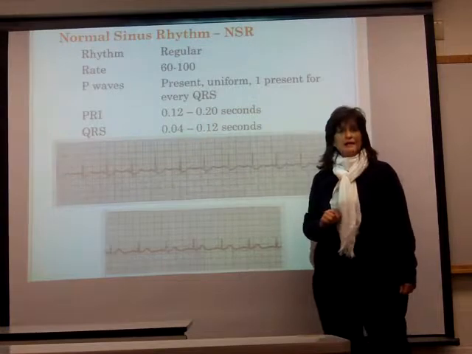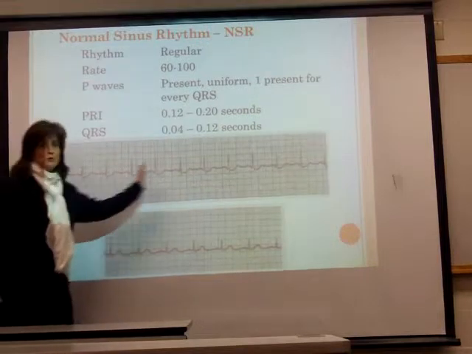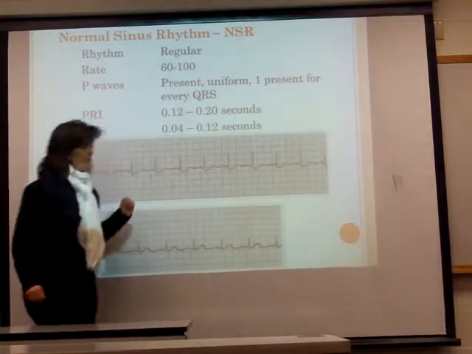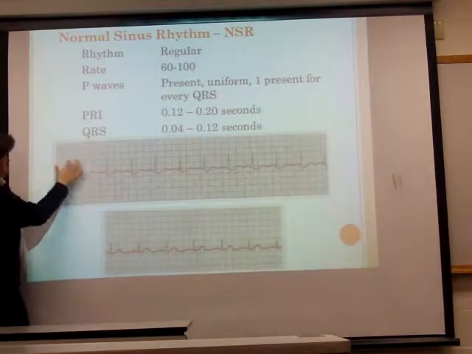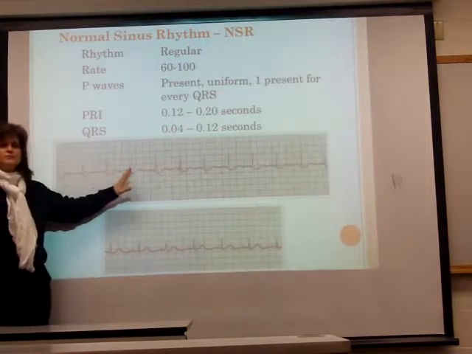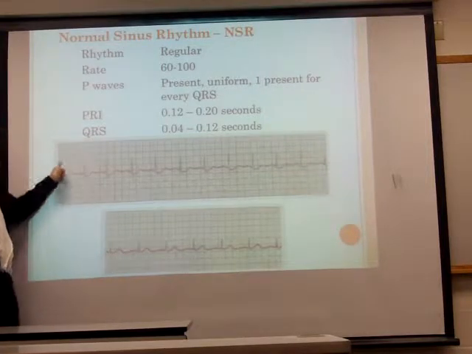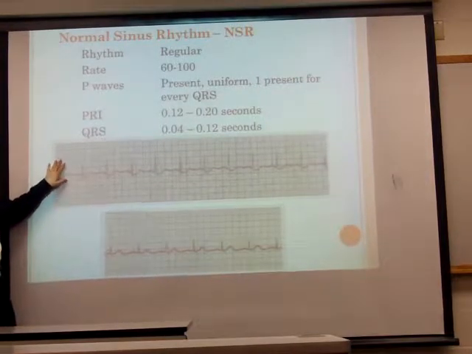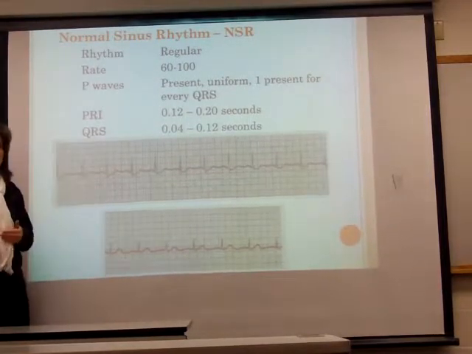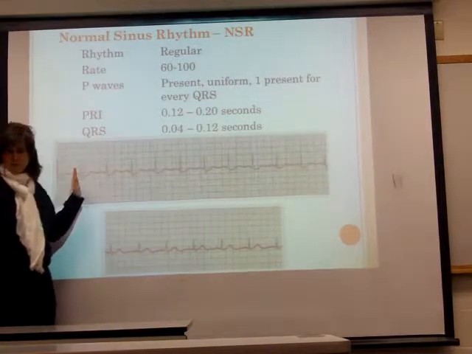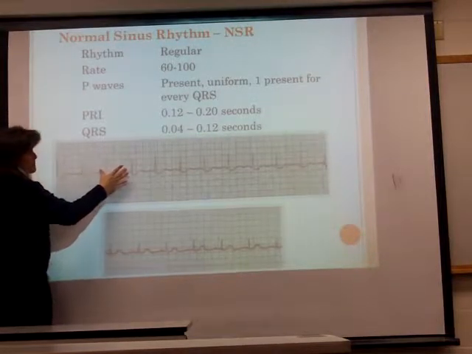The first thing we're going to look at is the rhythm regularity. So again, always start from the left side of the paper and move to the right side of the paper. Always want to do that. If you'll take your calipers and go from one R wave to the next R wave, and again, this first complex here, when determining rhythm regularity, I would include this. But when it comes to looking at the individual complexes, you'll note that you can't see the P wave or the P interval, so I wouldn't include that here. Also, on the top of this, there are no hash marks, but on your exams, this will denote a 6-second strip. Okay? So to determine regularity, put your calipers between the 2 R waves and march them across the paper